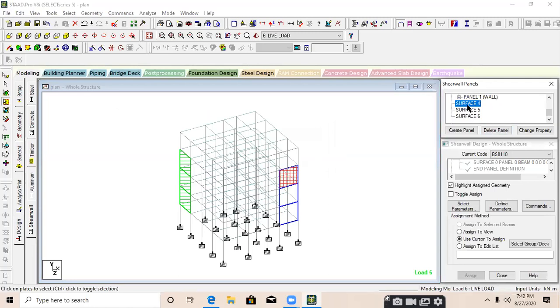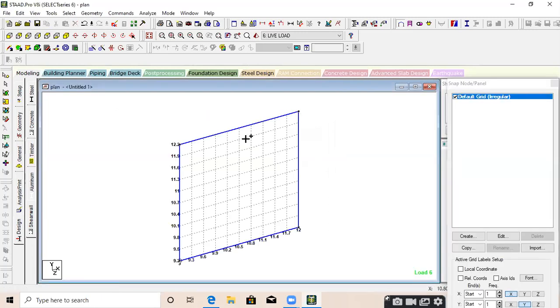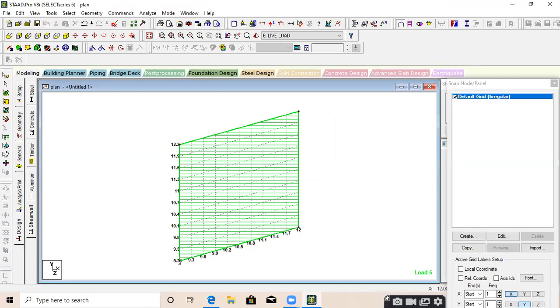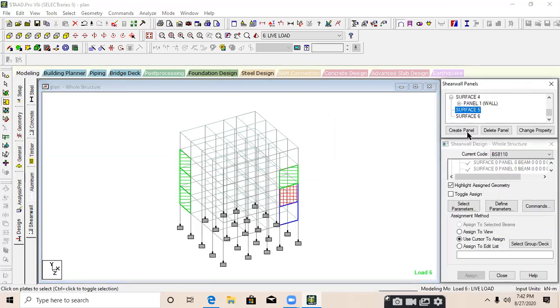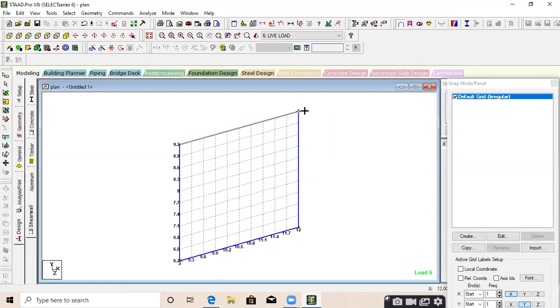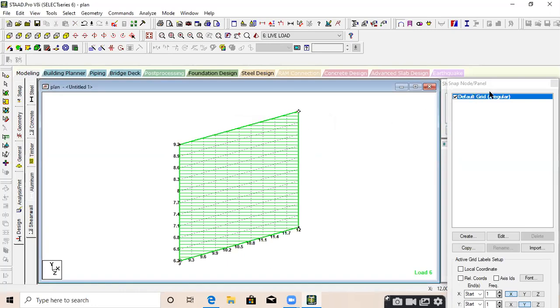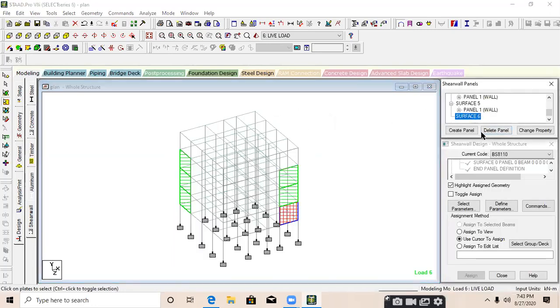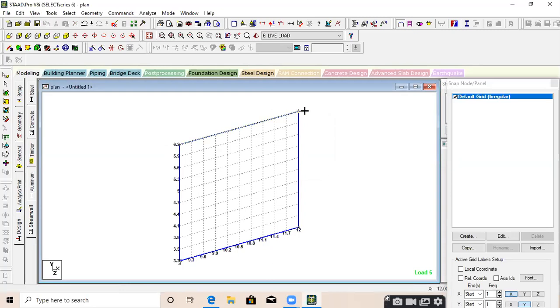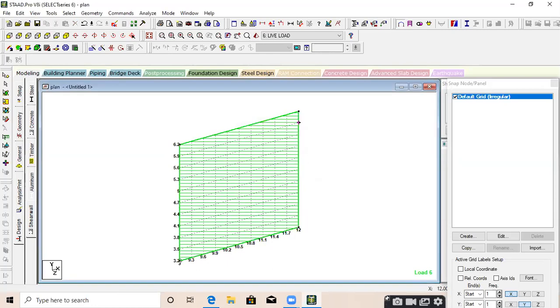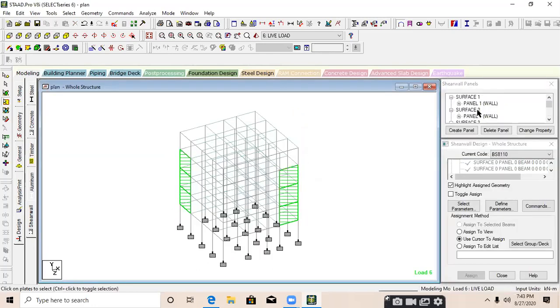Like that, we need to create all the panels according to the number of shear walls. We have created all the 6 panels.